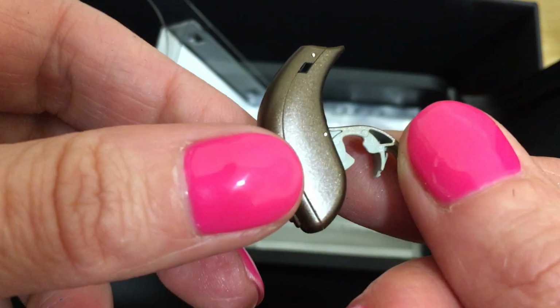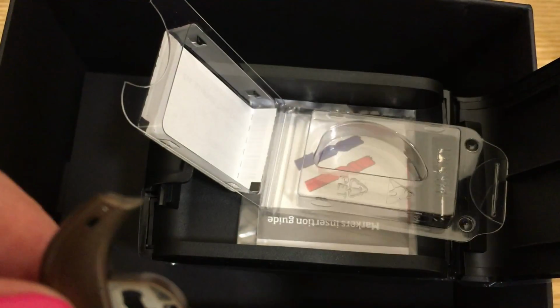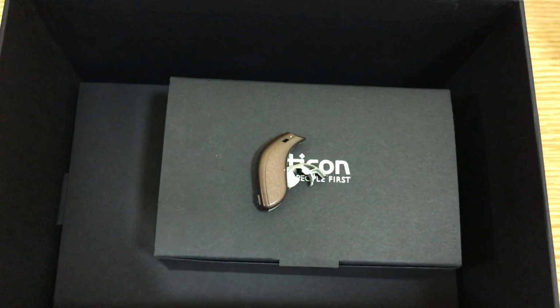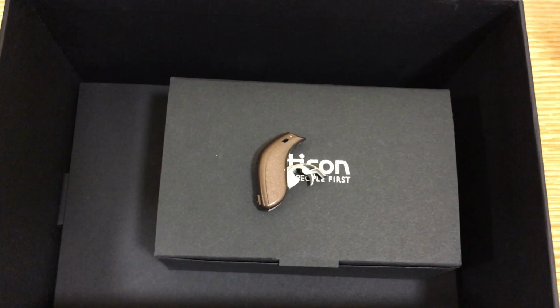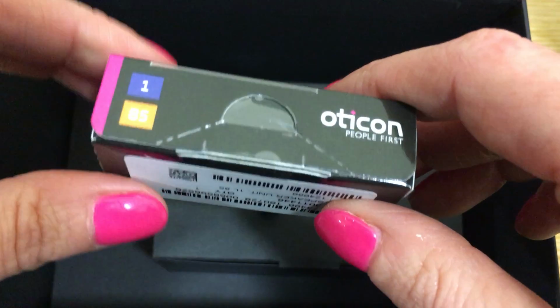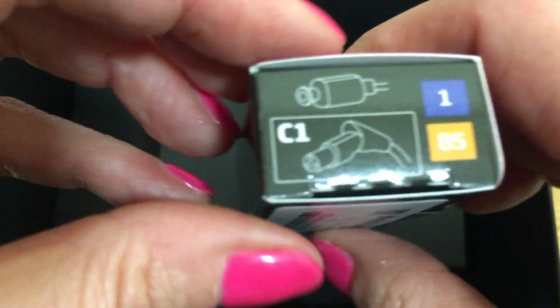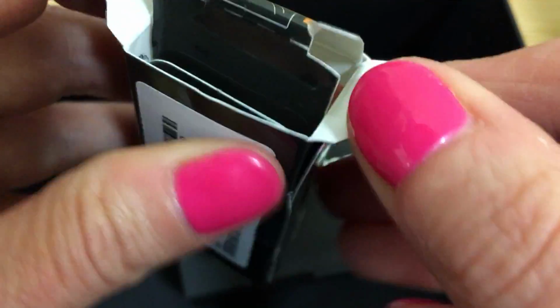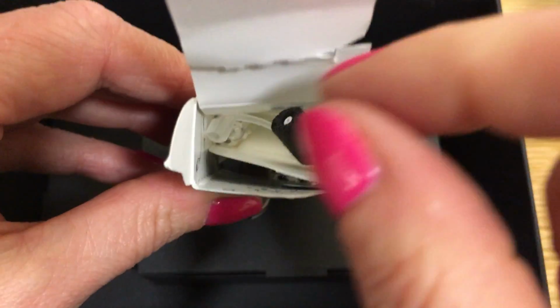We will now go about assembling the instrument. We will firstly open our speaker box. Inside each box we have one receiver or speaker unit,